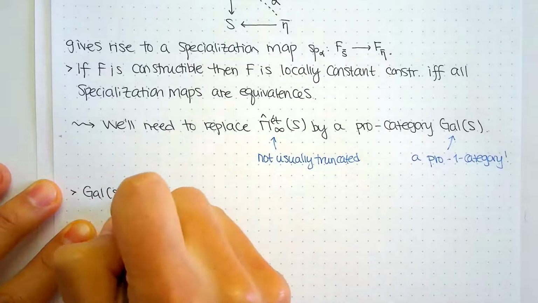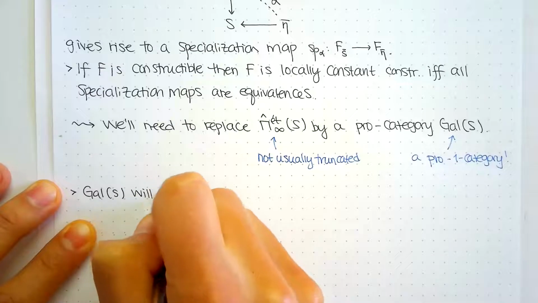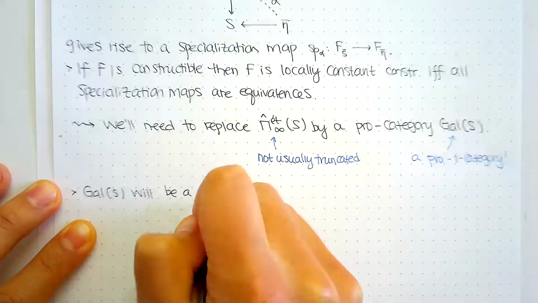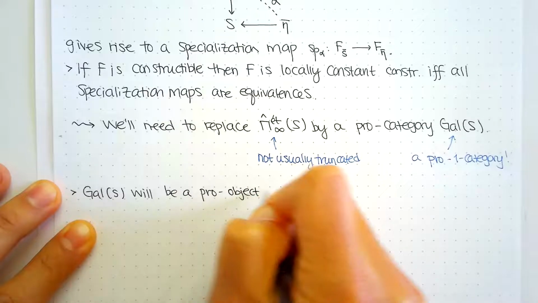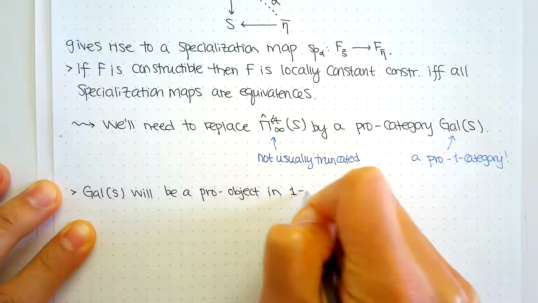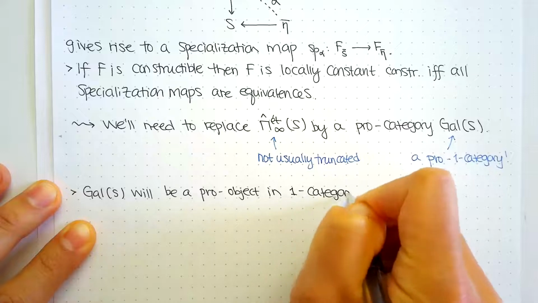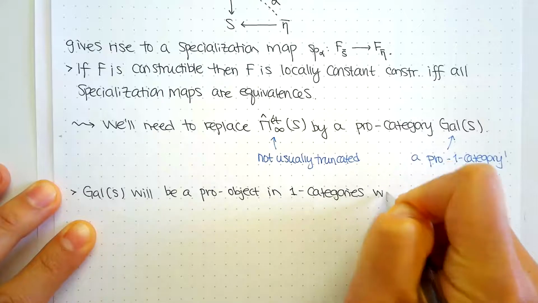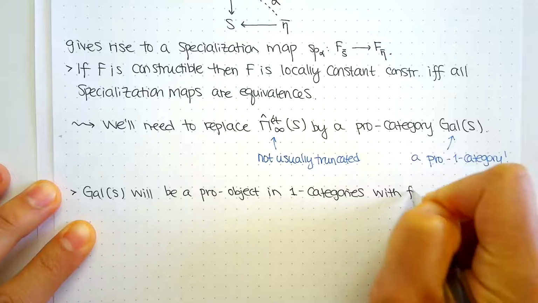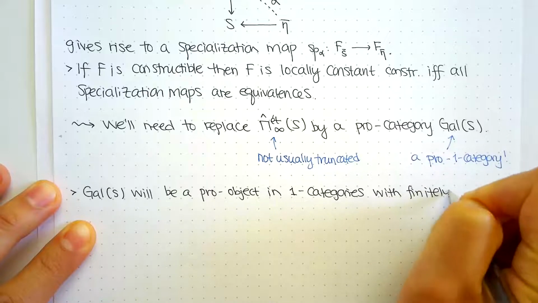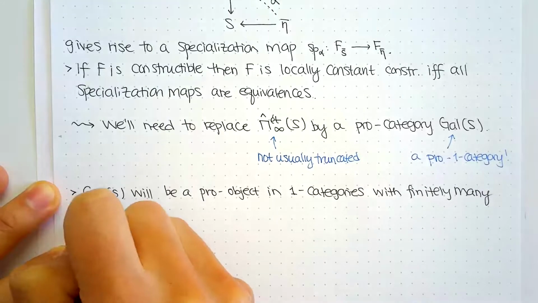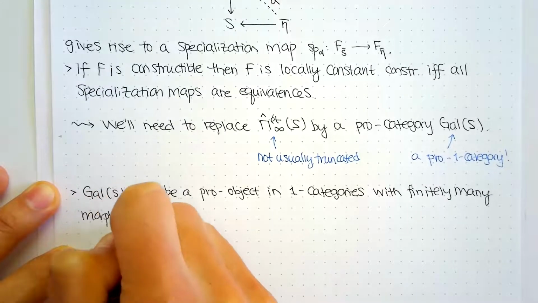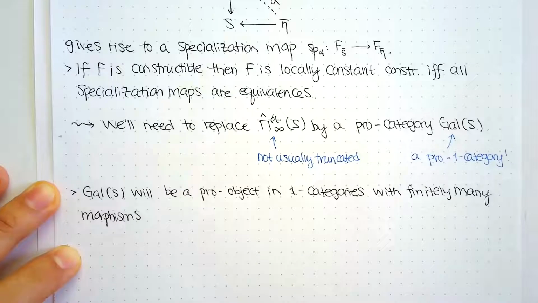So this will be a pro-object in one-categories with finitely many morphisms, and